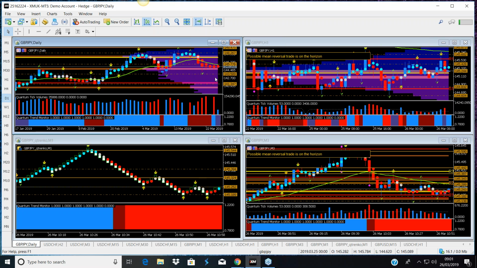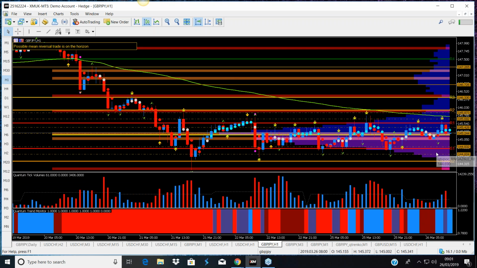And here you could look at the daily, and I have the hourly chart for some context. And this is quite interesting because you can see here, this is a very, very well-defined phase of price action. We know where the resistance is, we know where the support is, and what will be played out on the very fastest time frame is it will swing, but oscillate in this range. And we also have the volume point of control here.